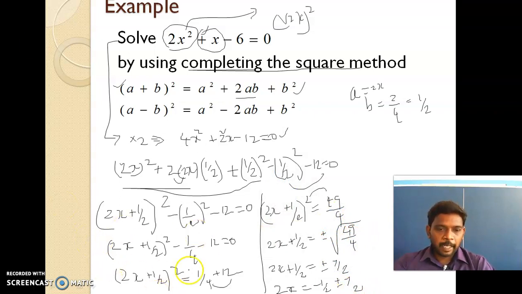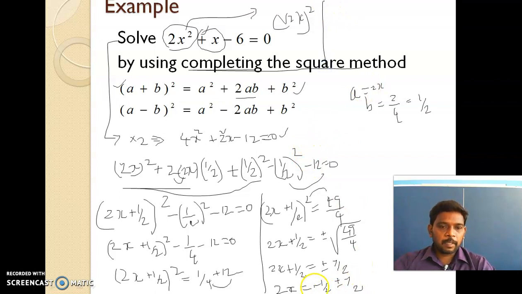So here when we transpose this 1/2 to the right-hand side, we can write it in the second term also. But if I write it in the second term as minus 1/2, the plus or minus will be on the first term, and it looks like it has two signs. So that's why it is better to write the transposed term in the first place. So next, simplify this now.